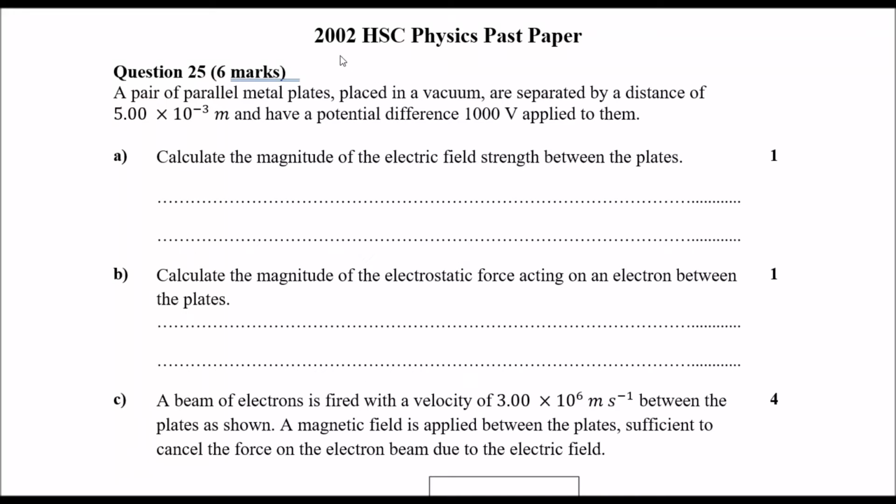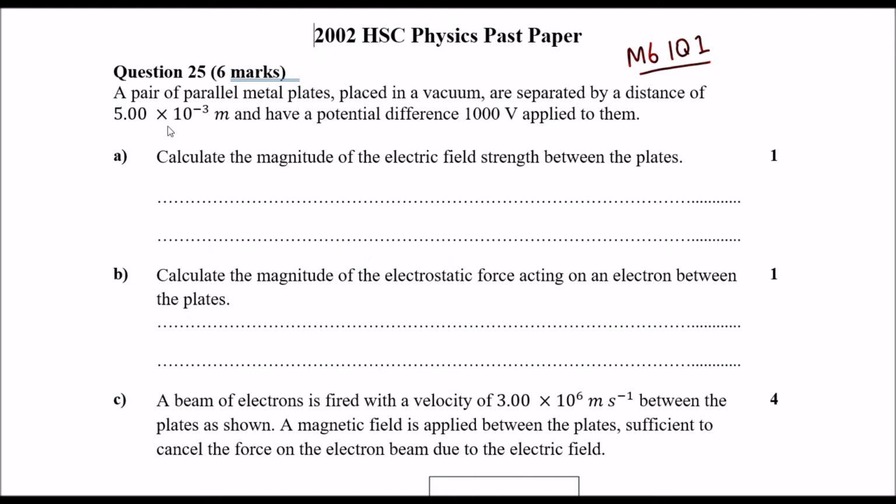Today we'll be going through the 2002 HSC physics paper. This is worth 25 marks. Not 25 marks. This is question 25 worth 6 marks. It is to answer module 6, inquiry question number 1, which is about charged particles moving in electric fields and magnetic fields. So we have a pair of parallel metal plates placed in a vacuum and are separated by a